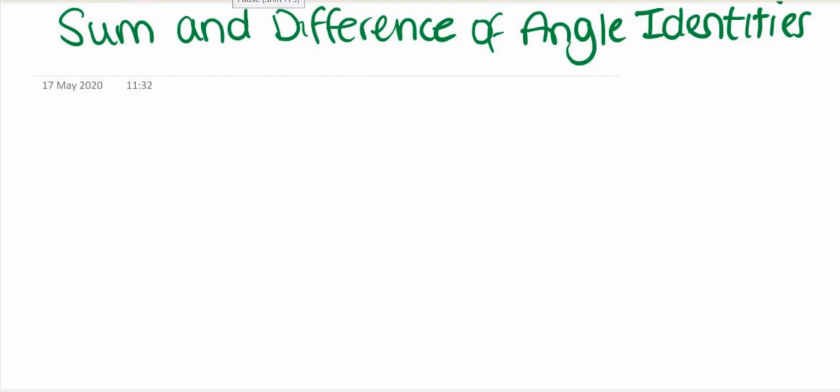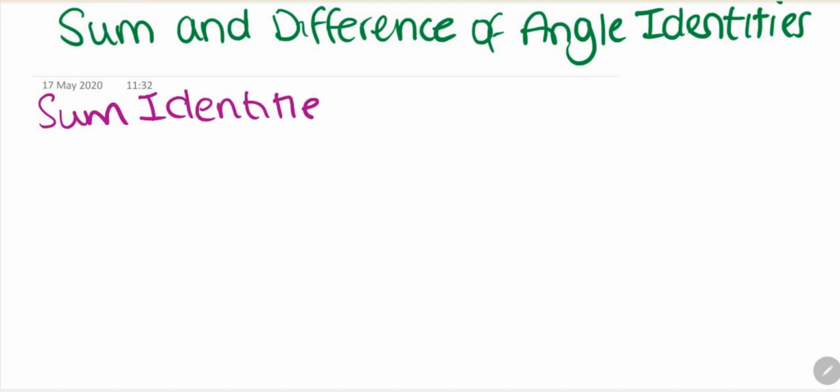Okay, we're going to look at sum and difference of angle identities, and we need to find the values of sine and cosine using the sum and difference identities. So the first thing we need to do is look at the sum identities. So for the positive angles, the sum identities,